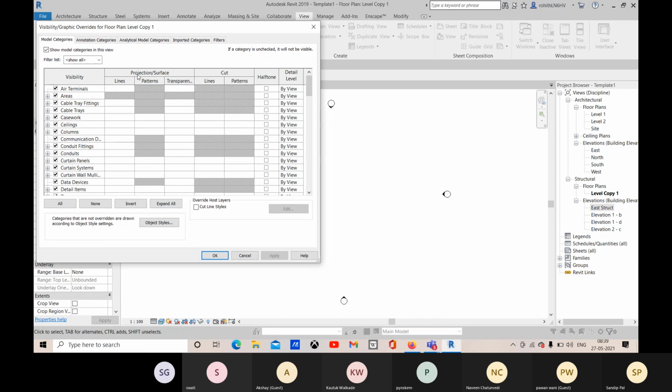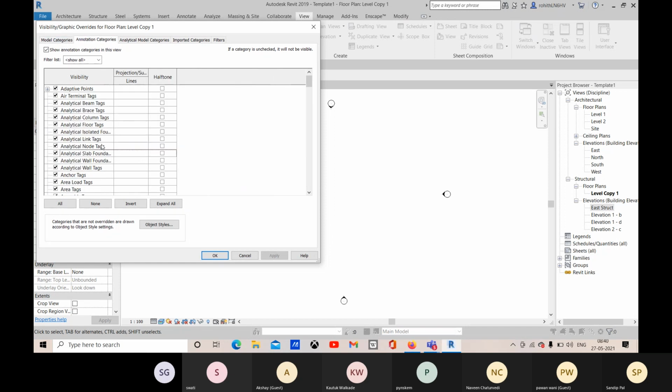So here we have this control for all the model categories, for the annotation categories, for example the datum elements. The level, okay, so for the level you can change the line style, or you can add half tone. All right, so this you can add, and for these elevations also you can go for it.